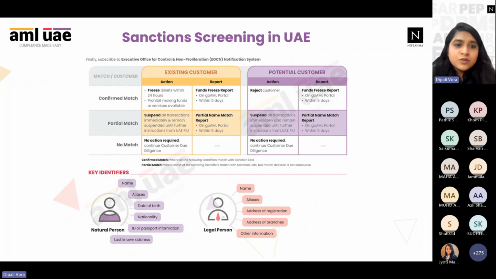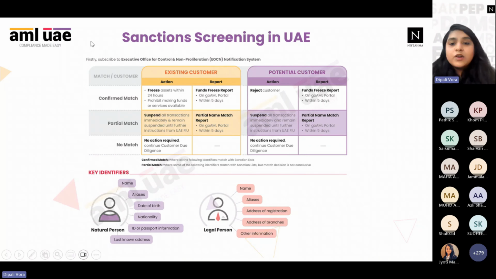When there are partial matches, we also need to verify them. For example, Mr. XYZ: the name has a slight difference and the nationality is matching. But if you compare the date of birth, the sanction list says the person is maybe 45 years old, while the person who has come to you is maybe an 18-year-old college-going boy. So it is very evident that it's a false match, though some of the key identifiers are matched. We have to logically decide whether it's a false positive. That is how you conclude with confirmed matches and partial matches.